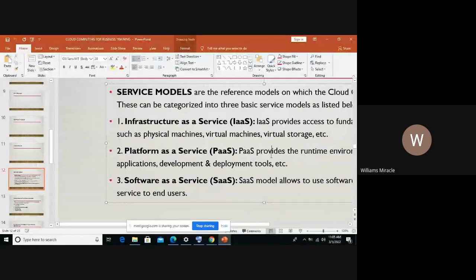You can be into trading and selling a particular product. At that point, you're offering a service. So since you're offering a service, the service model for such business is the software as a service. We can also refer to it as business as a service.